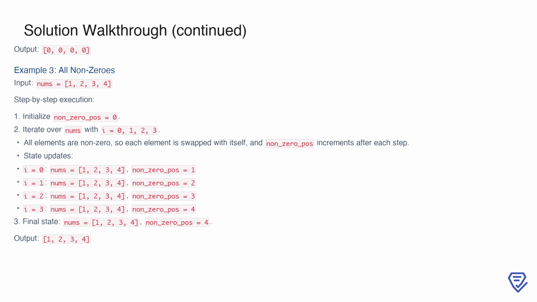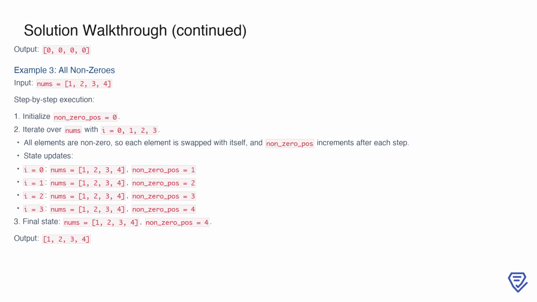1. Similarly, at index 1, the state is still nums equals 1, 2, 3, 4, and non_0_POS is updated to 2. At index 2, the array remains nums equals 1, 2, 3, 4, and non_0_POS is 3. Finally, at index 3, the array stays the same, and non_0_POS becomes 4. Since all elements were already non-zero, the array didn't require any changes, and the final output is 1, 2, 3,